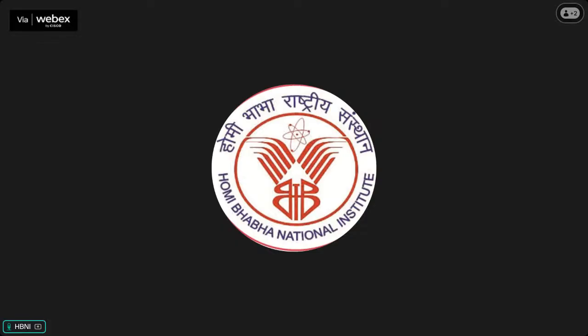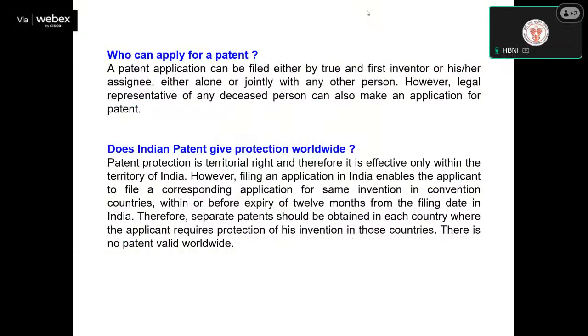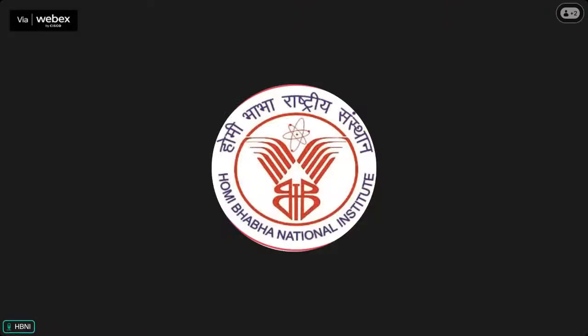So the next question is, does an Indian patent give protection worldwide? This is not true. Patent protection is a territorial right, and therefore it is effective only within the territory of India. So if I'm going for an application in India, it will not be valid worldwide. It will be valid in India only. However, filing an application in India enables the applicant to file a corresponding application for the same invention in convention countries. These are countries related by some convention, within or before expiry of 12 months from the filing date in India. So within 12 months of filing the patent, they can